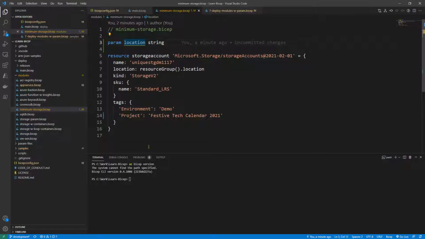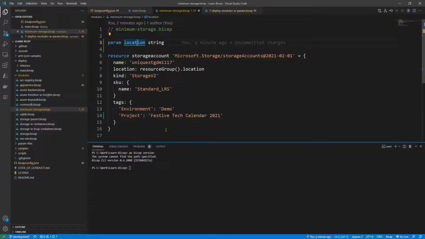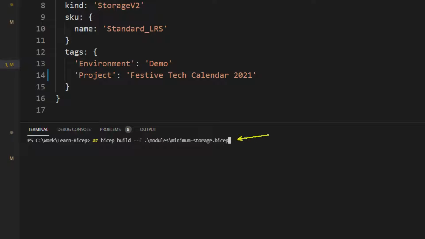So, if we come to this file, let's build a JSON representation of this minimum-storage bicep. To do that, we are going to go to the terminal and type az bicep build. Then we need to navigate to the file where it exists. In our case, it is under the modules folder, and the name is minimum-storage.bicep. So once we have that here, we are going to execute this command,